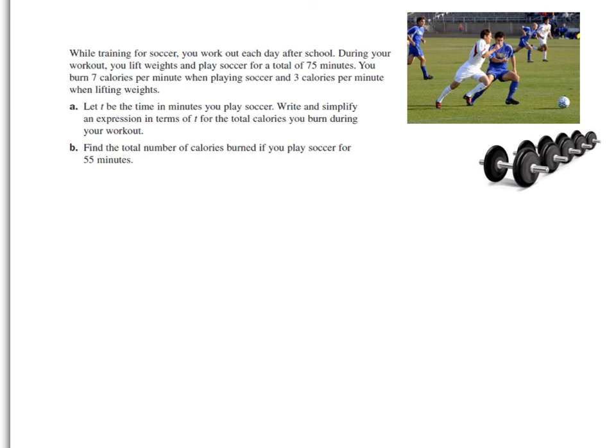Now, let me give you a little hint here. Remember how before we set up a general word equation that helped us? Same thing here. Reading this again, it says, while training for soccer, you work out each day after school. During your workout, you lift weights and you play soccer for a total of 75 minutes. You burn 7 calories per minute when playing soccer, 3 calories per minute when lifting weights. We want to write and simplify an expression in terms of T for the total calories you burn during your entire workout. So your total calories,